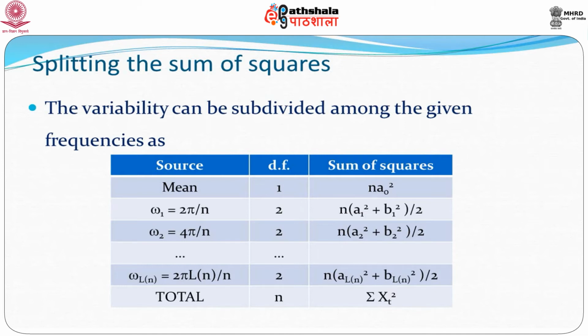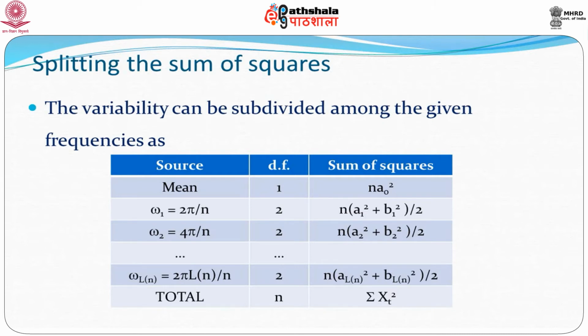Similarly, omega equal to 2 would have 2 degrees of freedom, and it is again given by n times (a2 square plus b2 square) by 2, and so on and so forth. And the sum of this would come out to be the summation of xt square. So, mind you, the way we derived it, it was the total minus the mean. So, if you take the first mean out, that is, if you take xt minus x bar square, then you leave out the mean degree of freedom, then the total degree of freedom becomes n minus 1, and you split it up into the different components